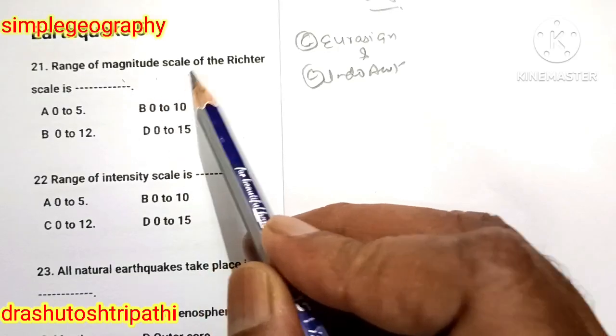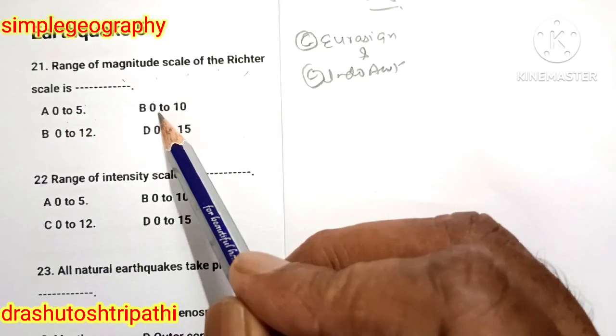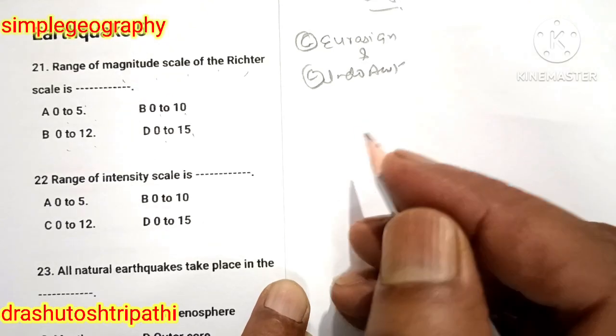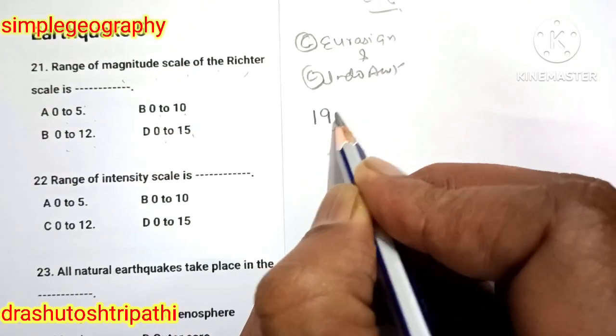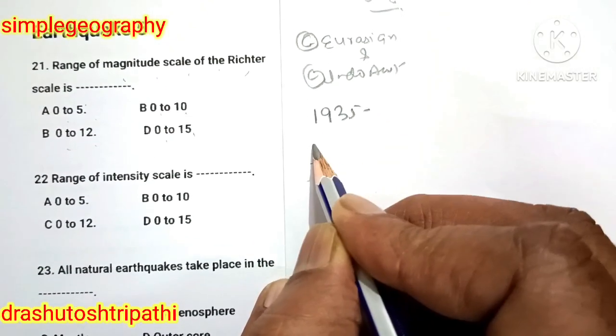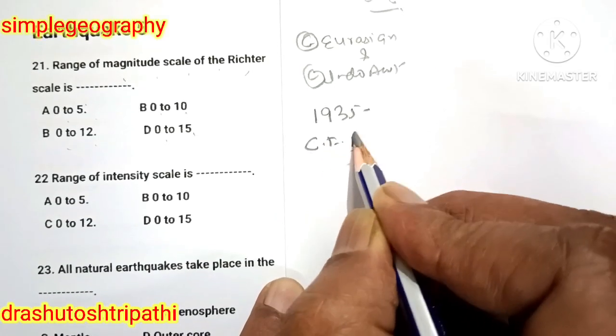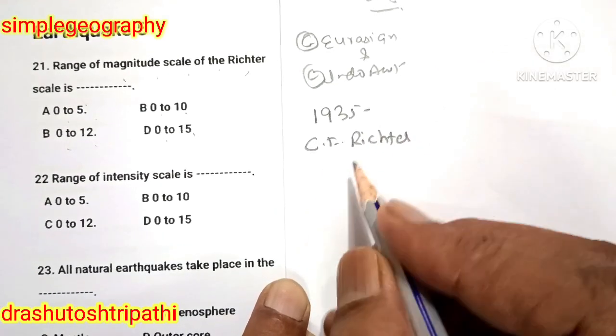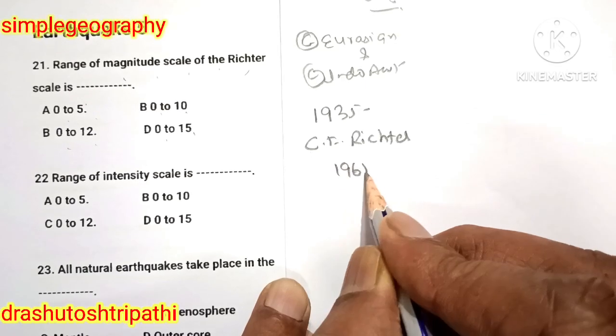The range of magnitude scale of the Richter scale is 0 to 5, 0 to 10, 0 to 12, or 0 to 50? First, you should know about the Richter scale. The Richter scale was discovered in 1935 by Charles F. Richter, and it was modified in 1965